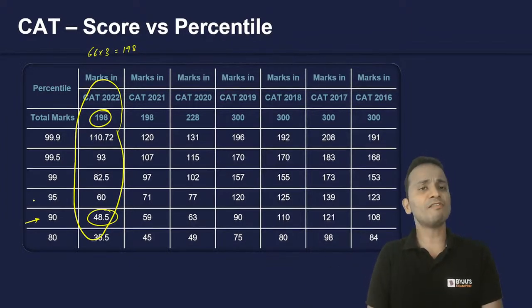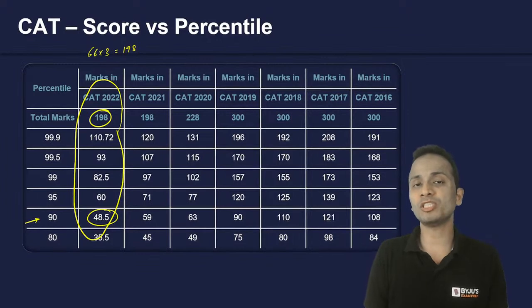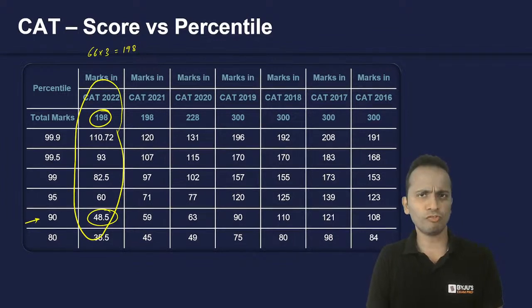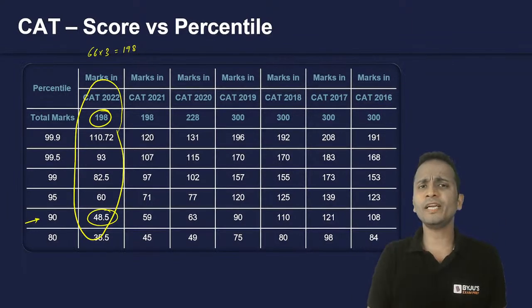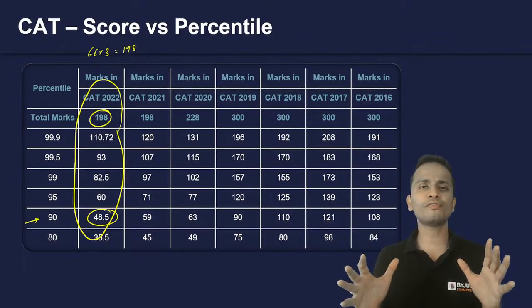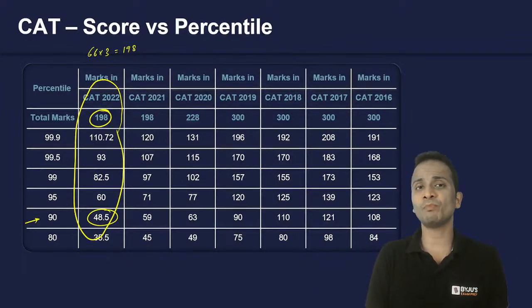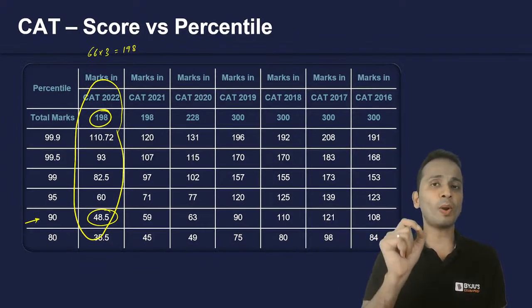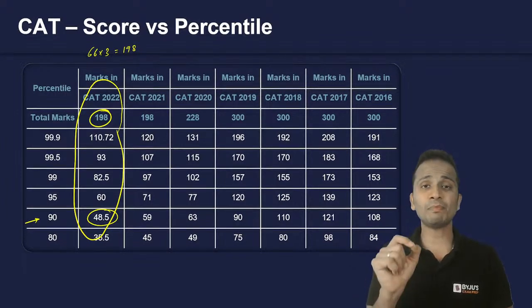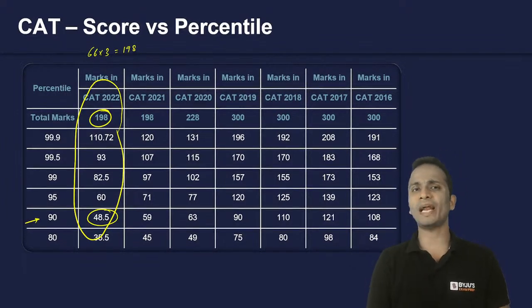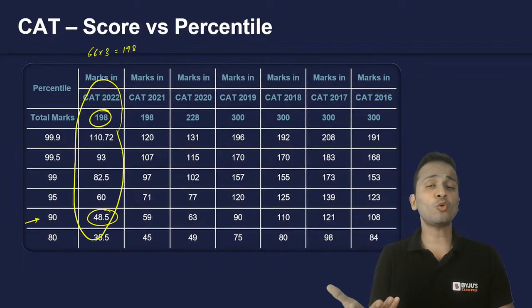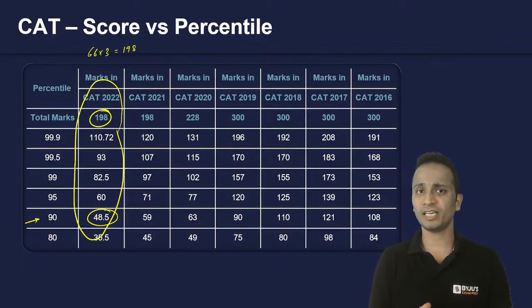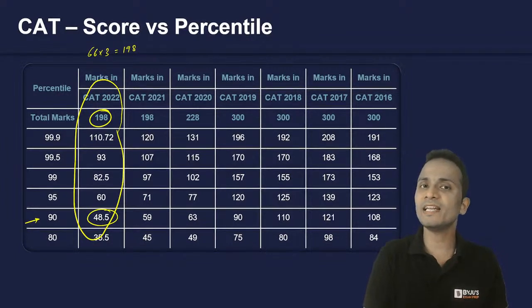A lot of you must have heard that securing 90 percentile is a big task in CAT. No, friends, it is not true. At a score of 48.5, a total of 16 to 17 effective correct answers will fetch you 90 percentile. If you increase your score a little, you can manage 20 effectively correct questions. That means a score of 60 will take you to 95 percentile. Similarly, 27 to 28 effectively correct questions will get you 99 percentile.